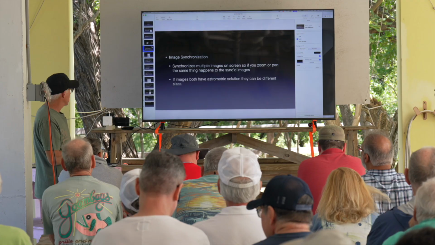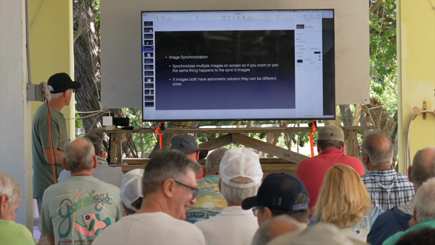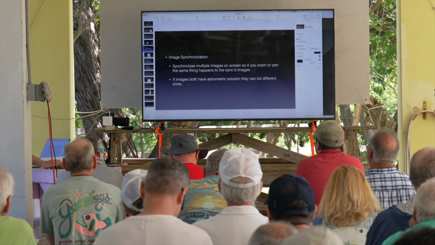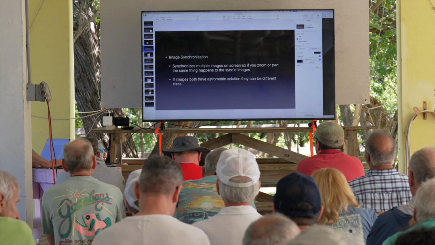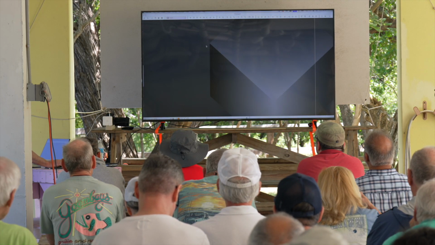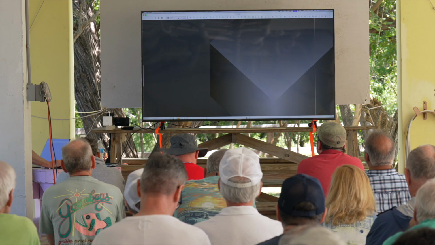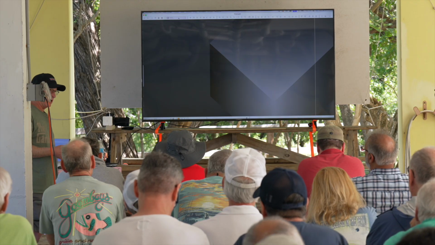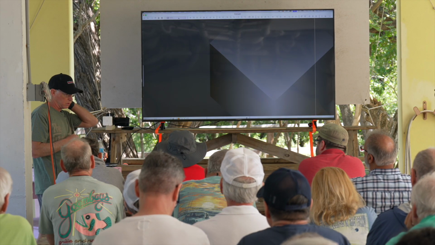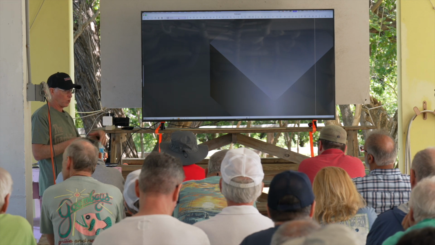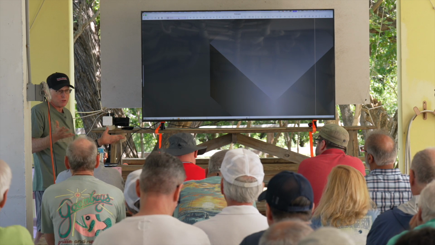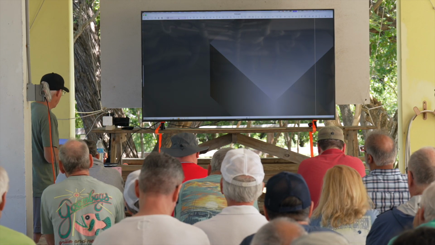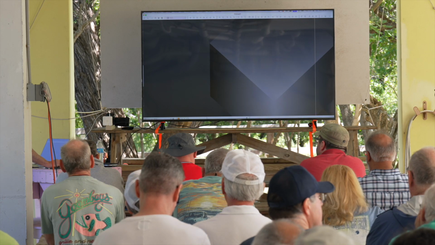So that's the other big thing, I guess, would be image synchronization. All right, so what I'm going to try to do here, see if this works, is pull up an image. It's an RGB image I took with a color camera last summer in my backyard. I live in a Bortle 5, maybe sometimes 6, depending upon humidity. It's definitely suburbia. It's not dark, and we'll run that image through